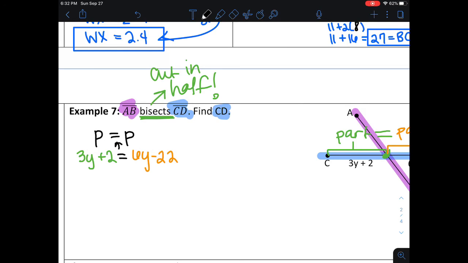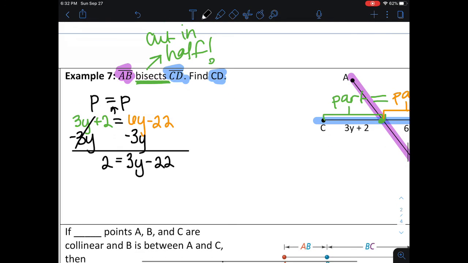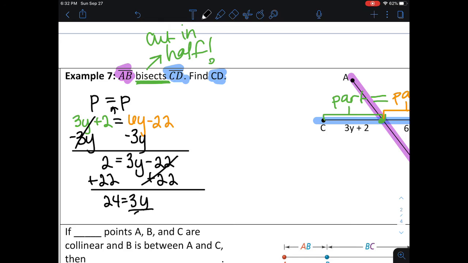All right, so now same thing. We have y's on both sides. So that means we need to find the smaller one, which is 3, right? Between 3 and 6, 3 is smaller. So that's the one we're going to take away. Okay, so now we need to go ahead and get rid of that minus 22 by adding it, of course. And that's going to leave us with 24 equals 3y. And then we need to divide both sides by 3. And then that's going to be y equals 8 because 24